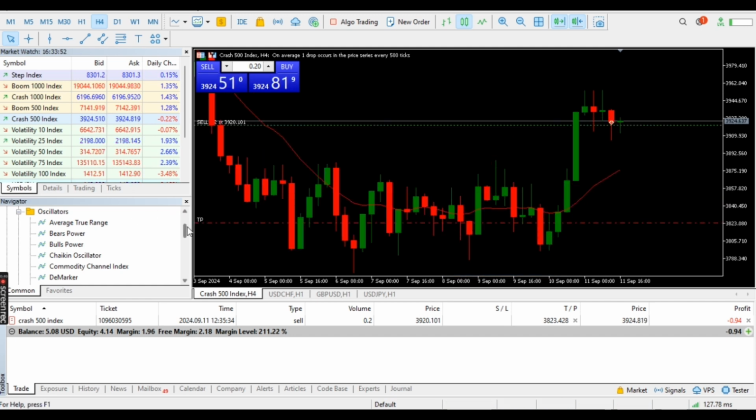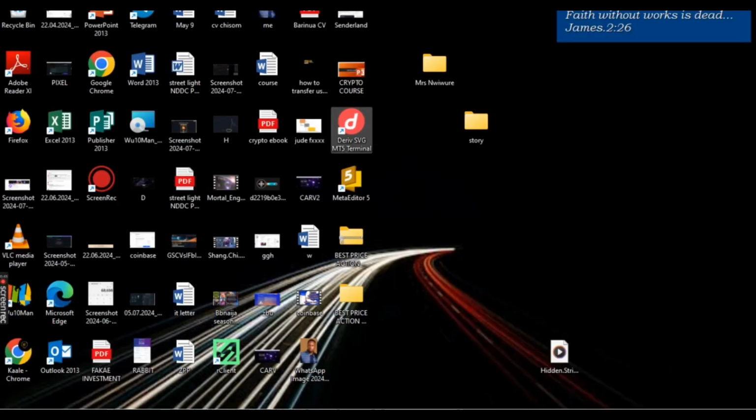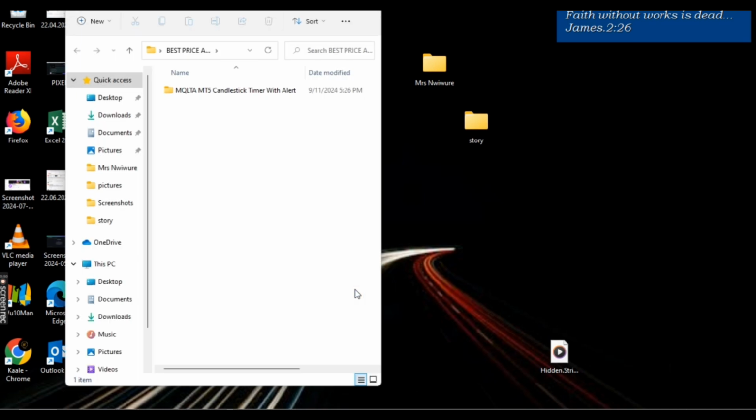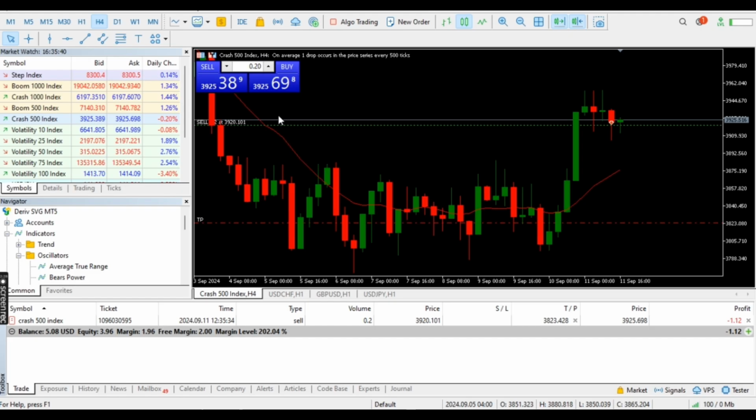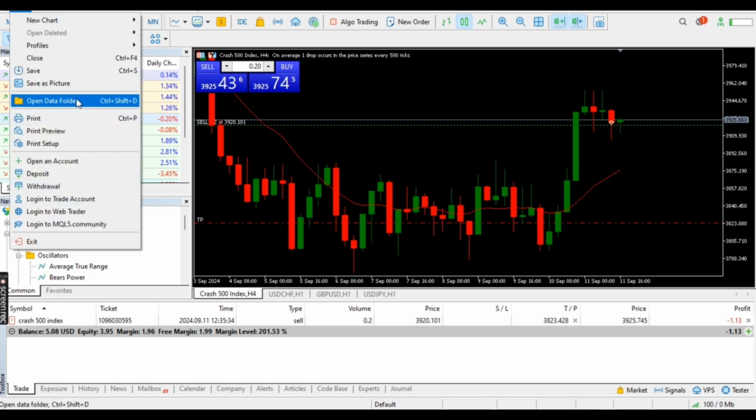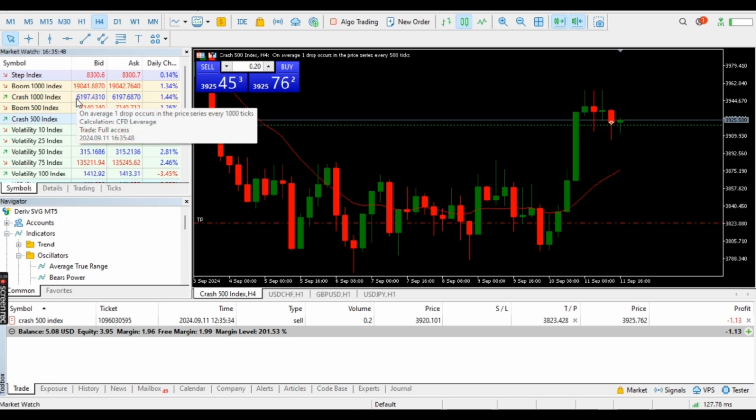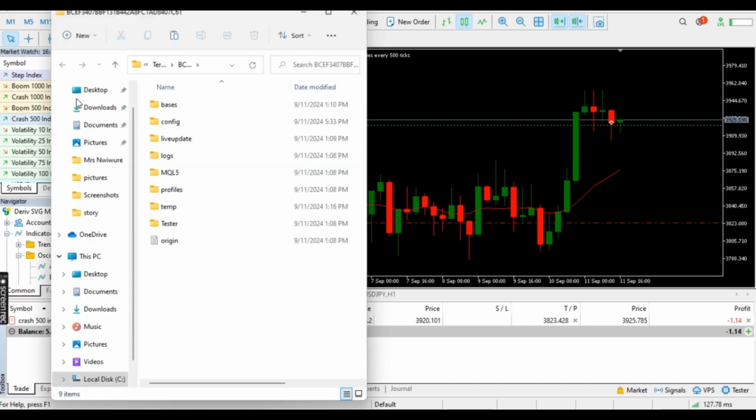So here we are going to install our own indicator. We're going to put in the indicator that we newly purchased. So now what we want to do is to go to the indicator that we purchased. This is what you're going to do. We are going to come to file again, then click on open data folder. The data folder takes you to the section where we then click on